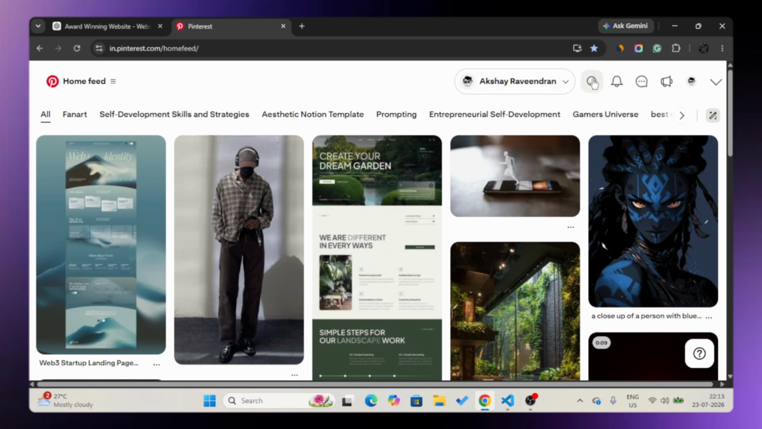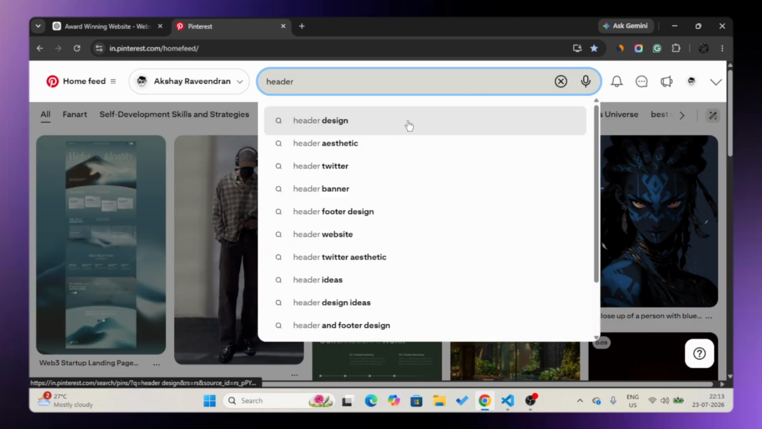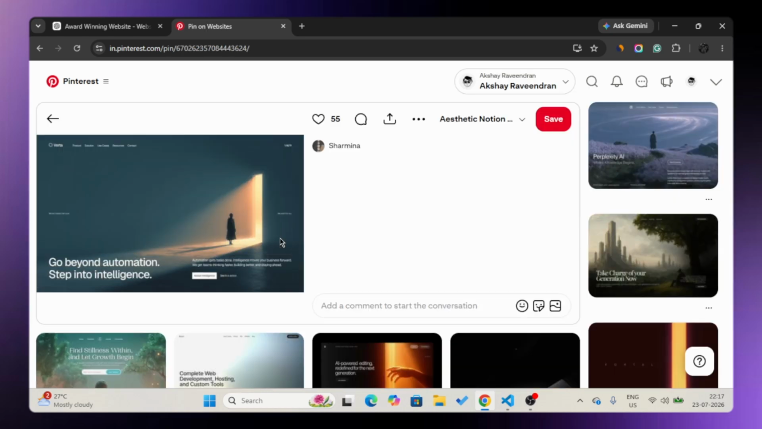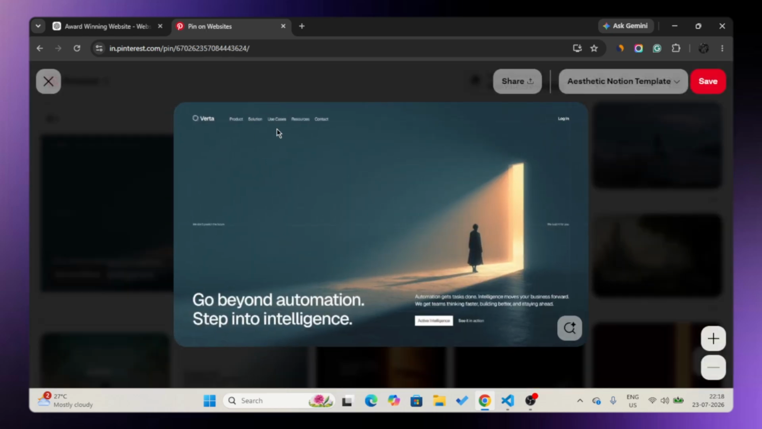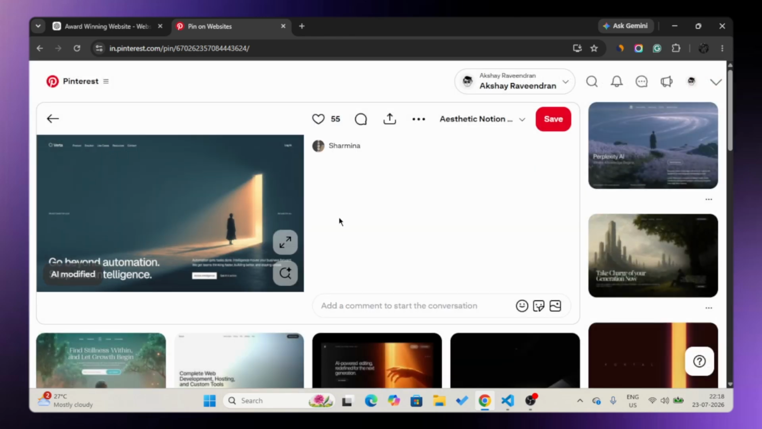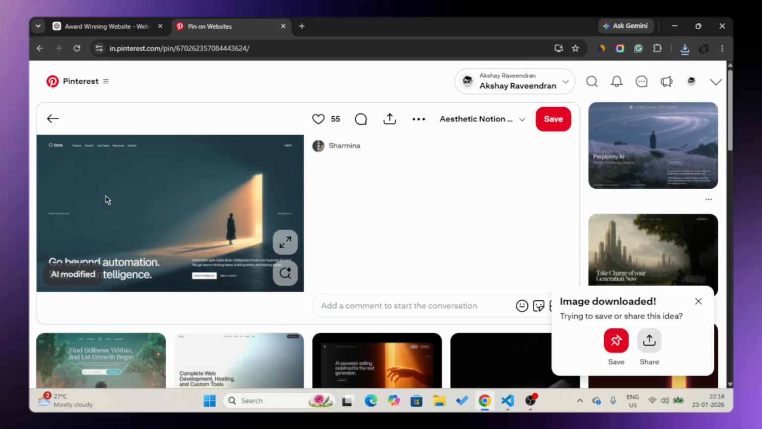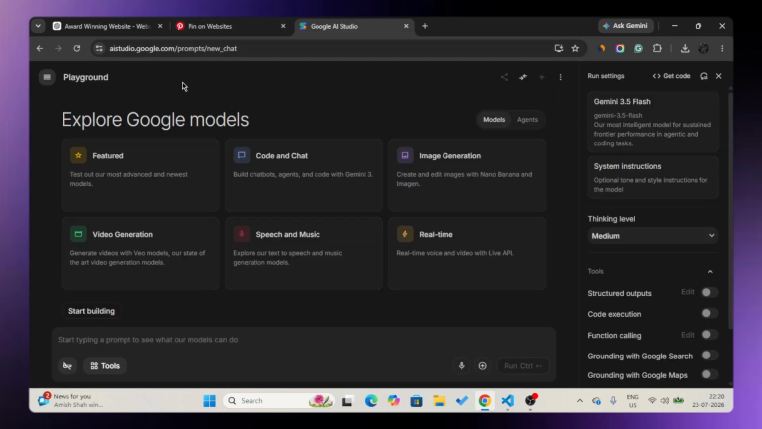Here I'm going to just search something like header design and then find a header you really like. I found this one. I really like how this header is arranged, and I like the hero section. So let's just pick this one. You can either screenshot this or you can just download it. And we got ourselves a header and a hero section, and we're going to be using Google AI Studio to create